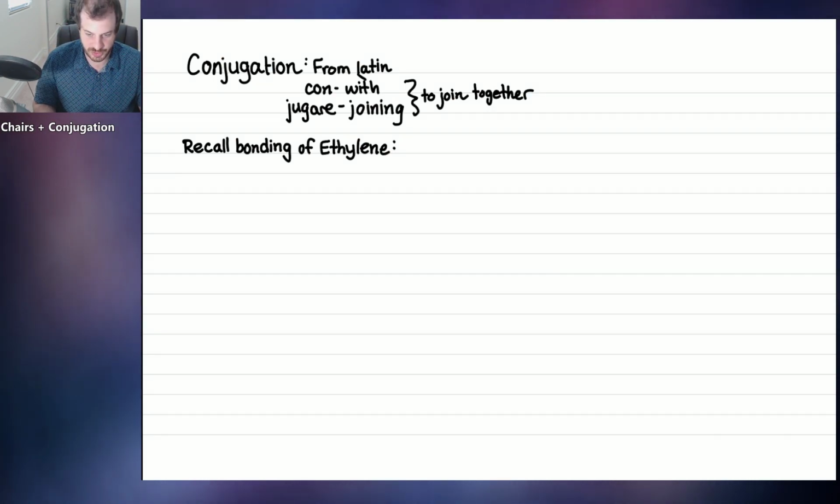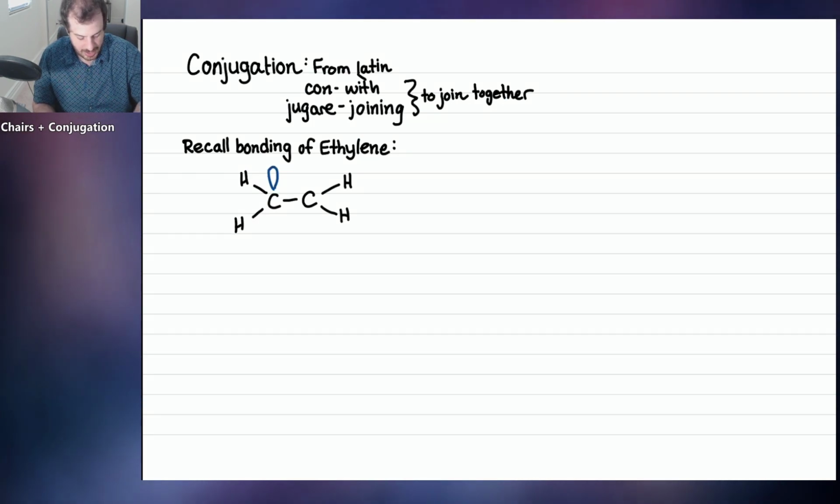Which we did in our first lecture. And if you remember our bonding of ethylene, it looked like this. And we had some p orbitals that were lined up with each other, and that created a pi bond. So ethylene was that CC double bond, and it has those p orbitals that are lining up to